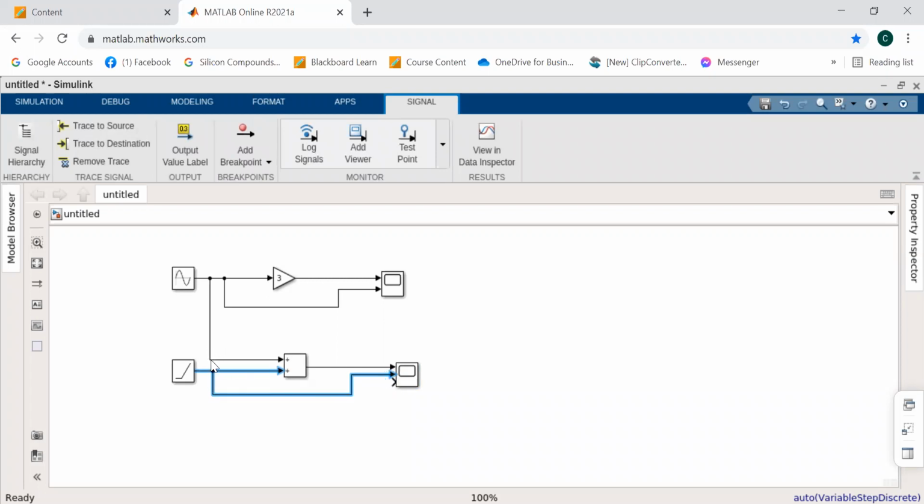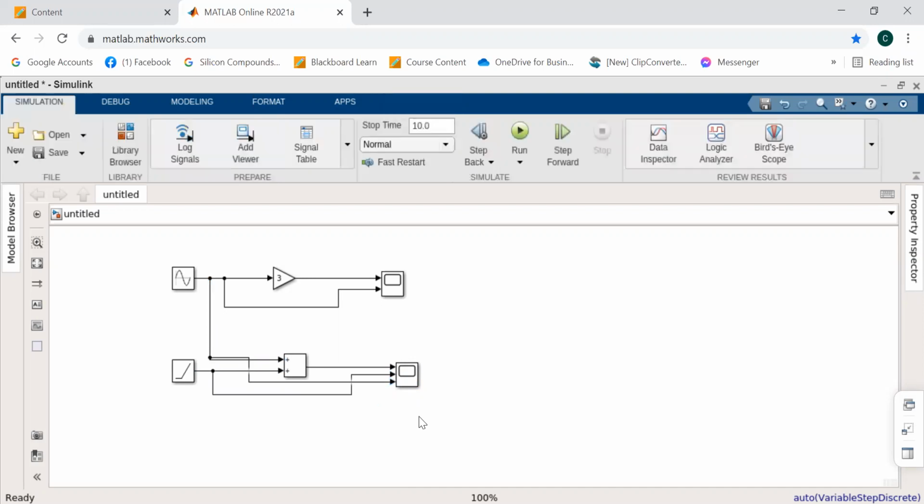And the input signal here for my sine wave. Okay? So again, as soon as it is connected already, you could simply run the simulation,